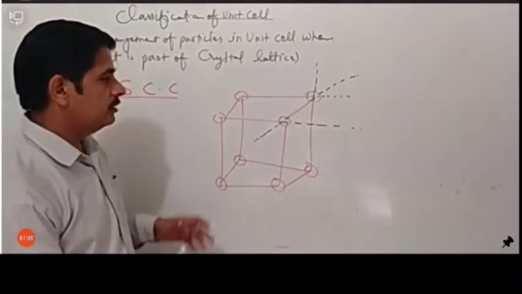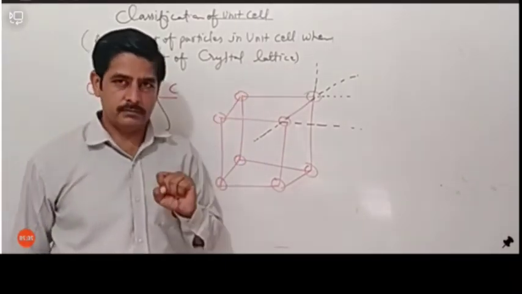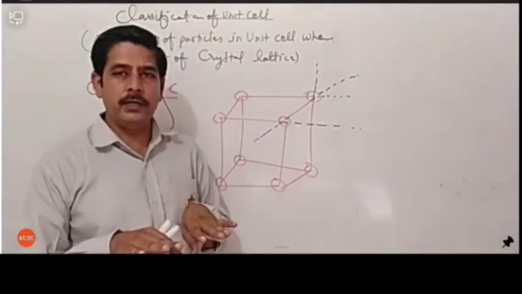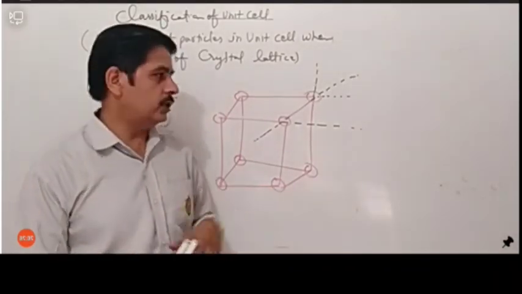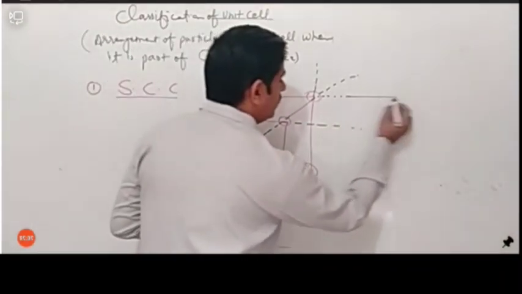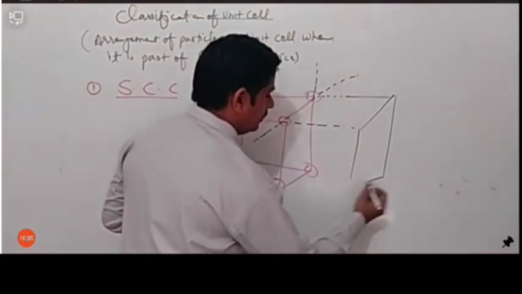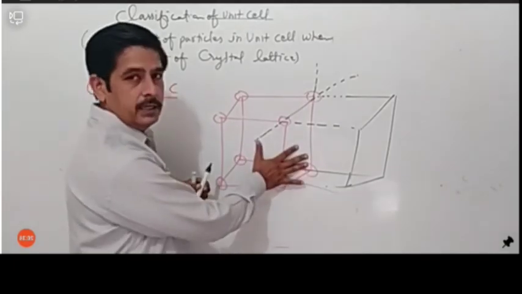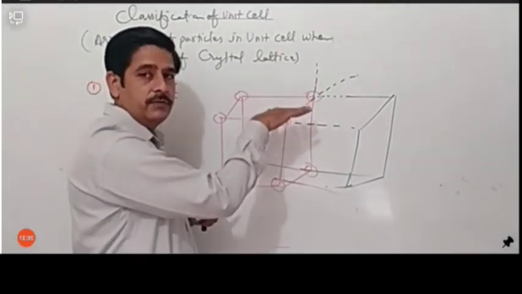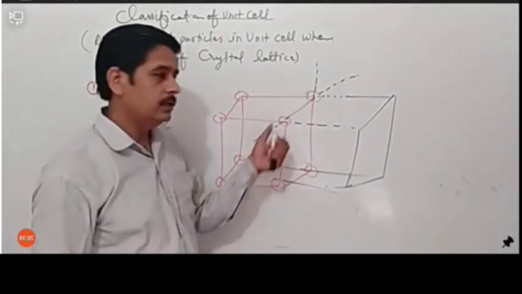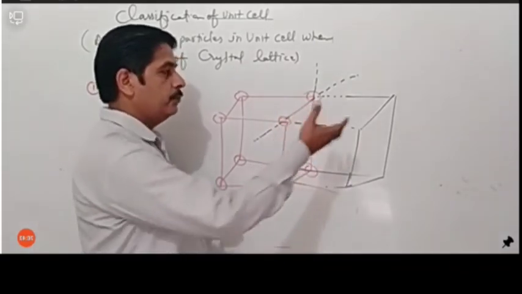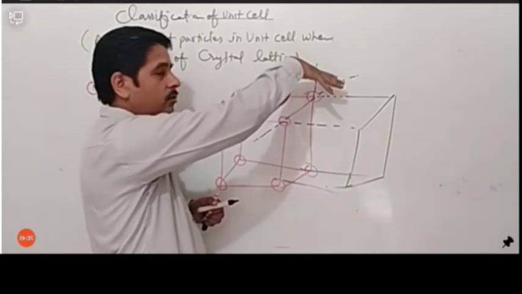Actually 8. How? Let me explain. If we arrange the particles in 2D, you can frame a particle here, and these are the two particles, and two on the back side of this. So 4 particles, it will be connected with 4. But when we put 4 unit cells on it again, इसके ऊपर अगर मैं